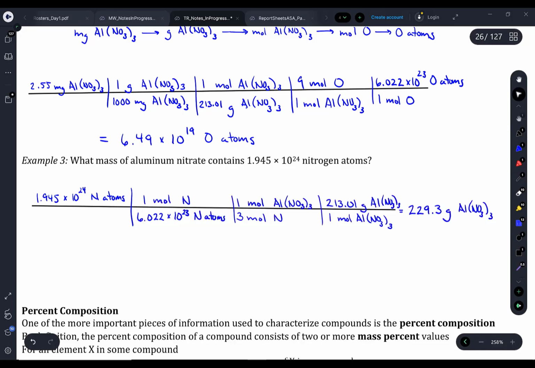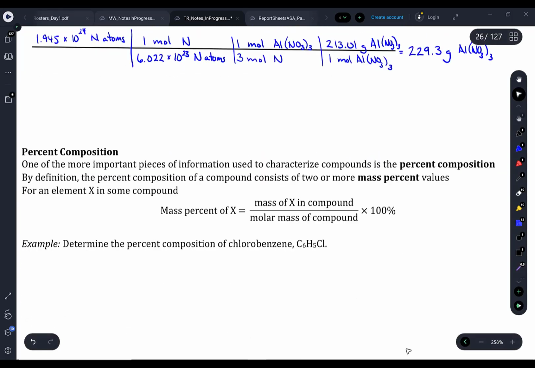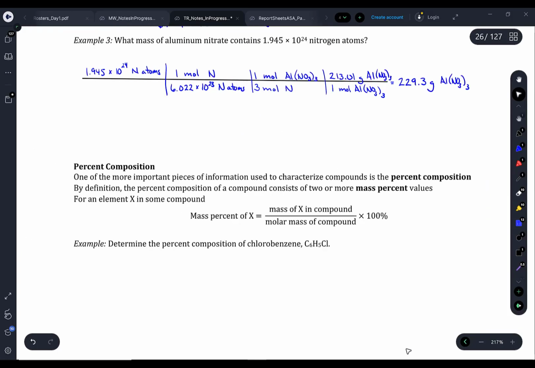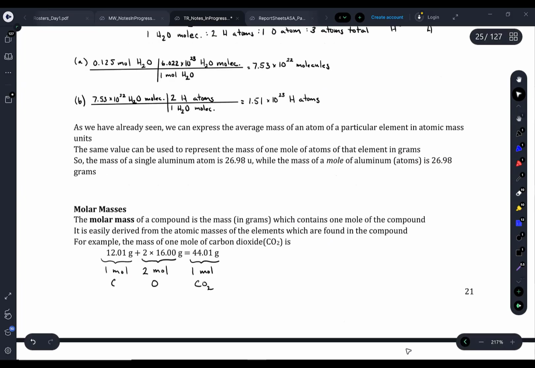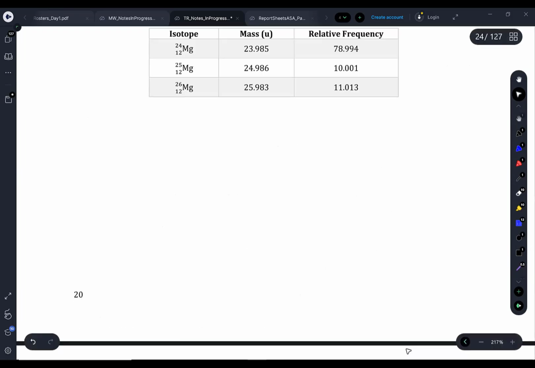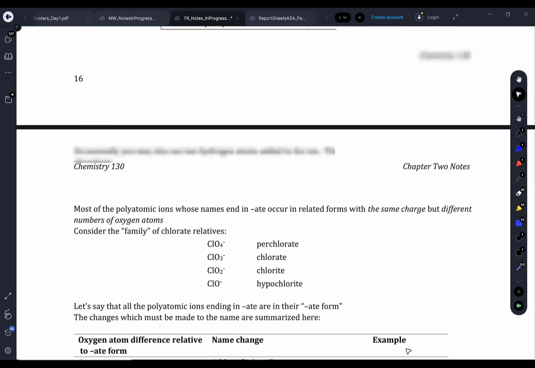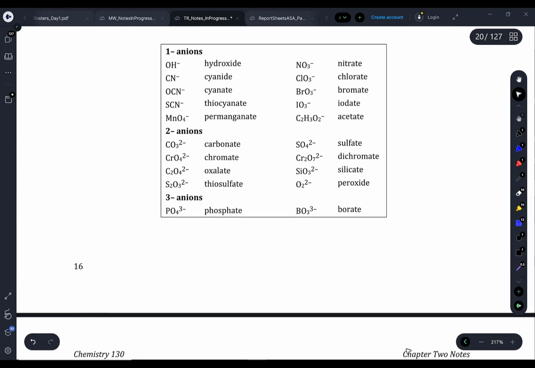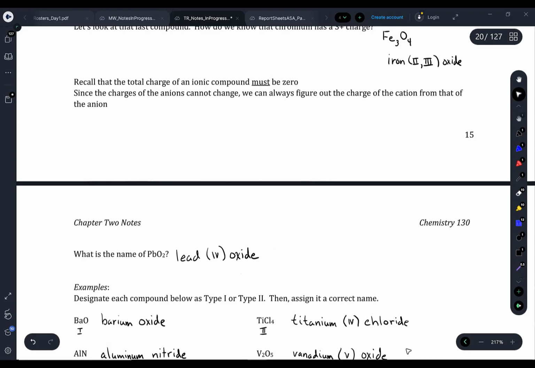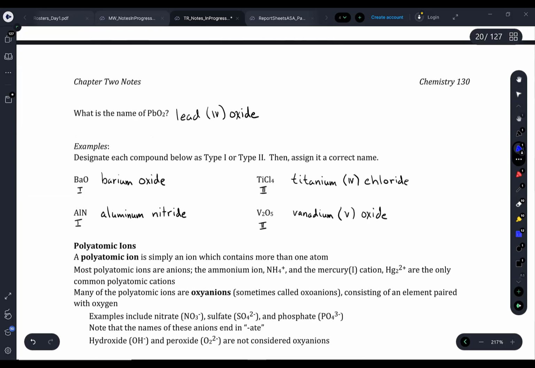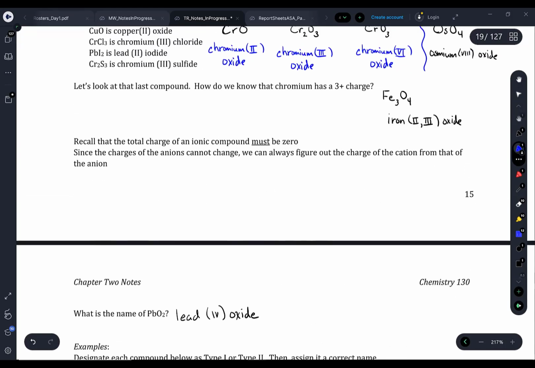There it goes. All right, so you have the answers. I'll pick up with percent composition on Thursday because I don't need percent composition right now. And I'm going to go back to chapter 2 where we left off. I just want to make a quick note. I'm going to write these down, even though these have nothing to do with the topic, but just a quick reminder,